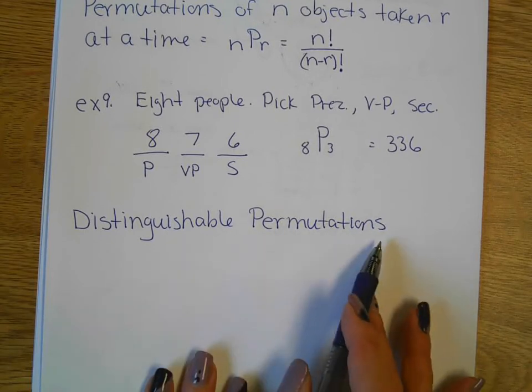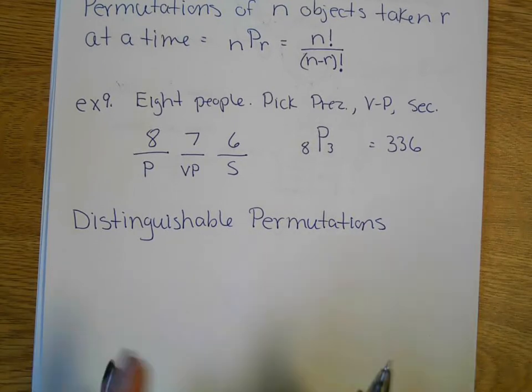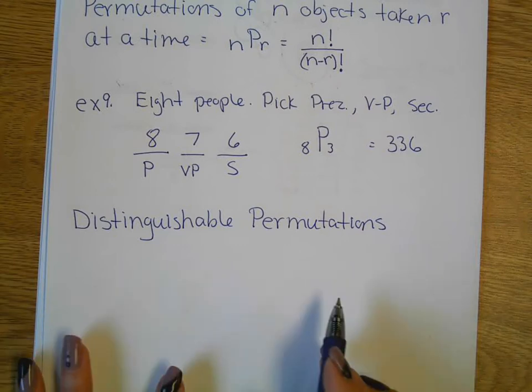Distinguishable permutations come into play when we have some of the same type of object, like letters. Maybe we're looking at distinguishable permutations of letters in a specific word where I've got some of the letters multiple times. Or maybe I'm planting flowers along a house and I've got some of the same types of flowers that I'm using. So, distinguishable permutations